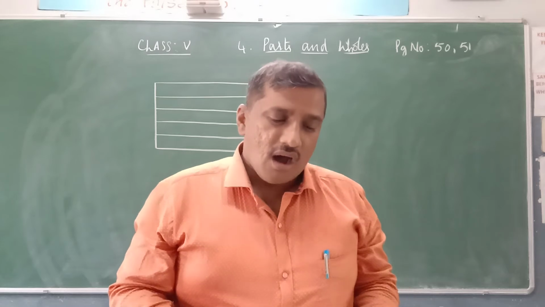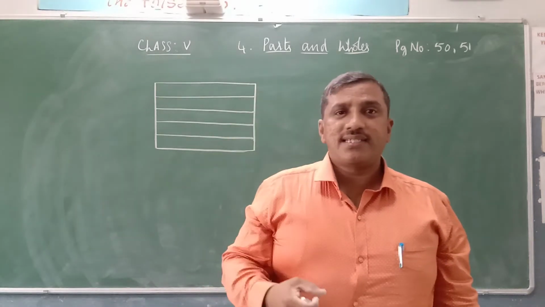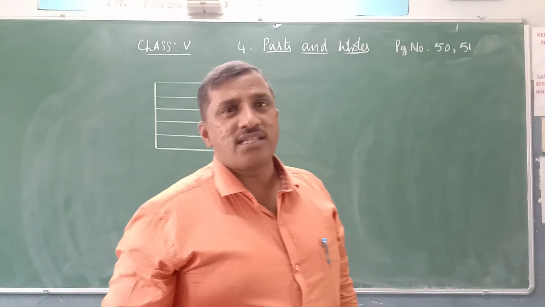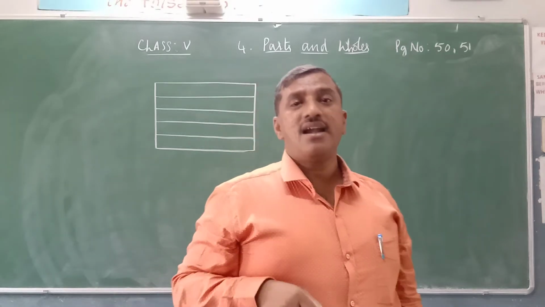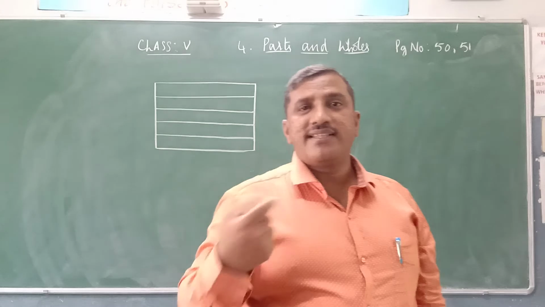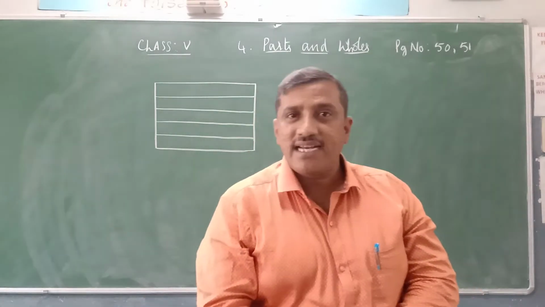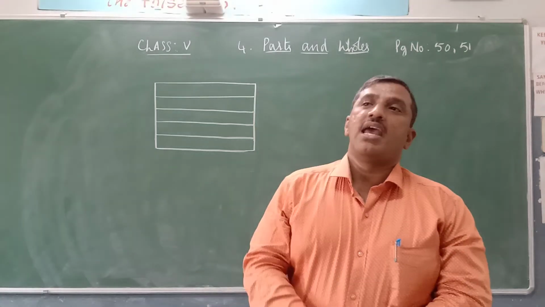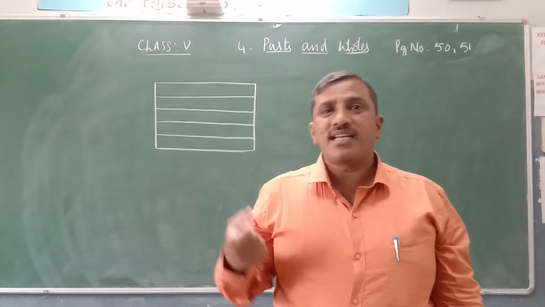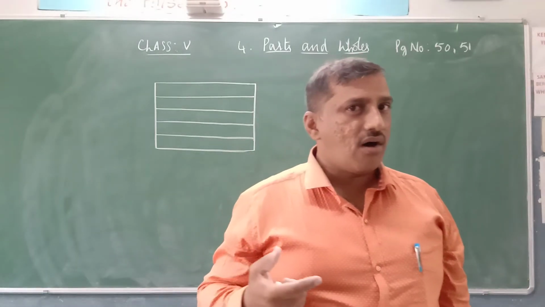parts, or are all the colored parts equal in these flags? Observe the colors and the parts, whether they are equal or not. So you should answer those questions from the collected flags. You collect different countries' flags and observe whether they have only 3 colors or more. If they have 3 colors, write how many flags have 3 colors. If they have more than 3 colors, count and observe whether all the colors have the same area, whether they have equal area or not.